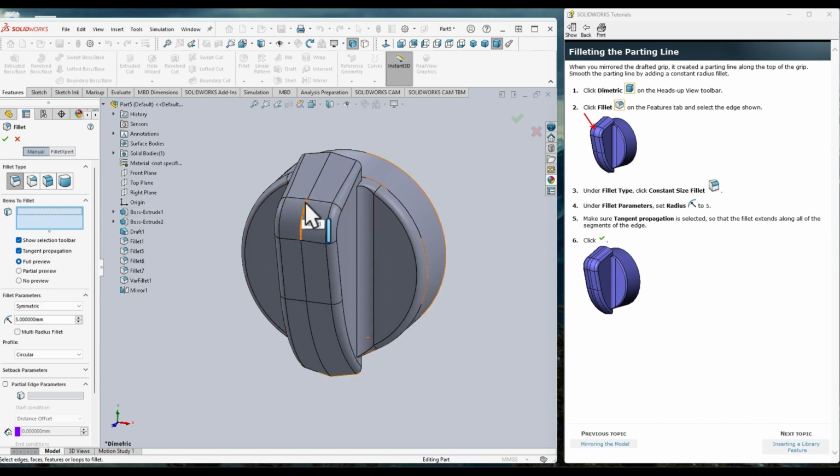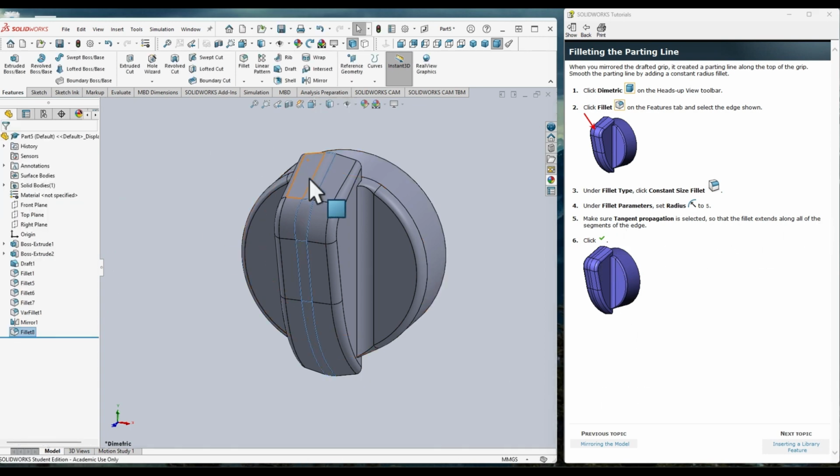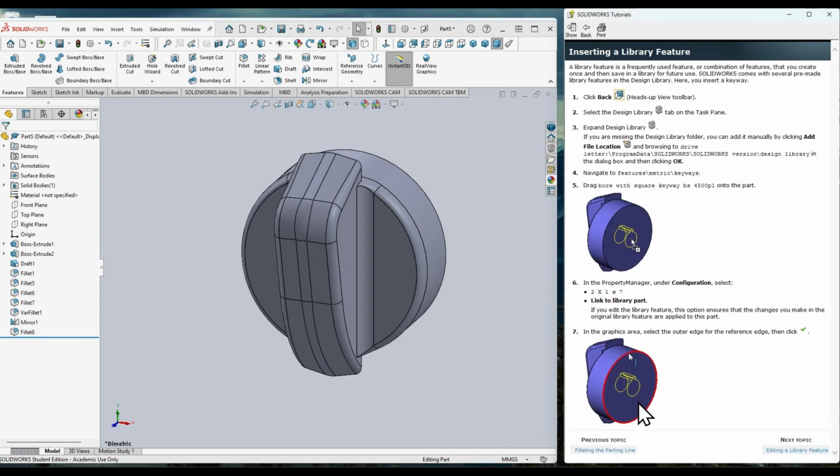The items to fillet is going to be this line down the middle, and it got the whole thing. We want to make sure it's symmetric, and that tangent propagation is selected. And then hit check mark and pow. We just finished that. Now the last part of this is going to be using an item from the library